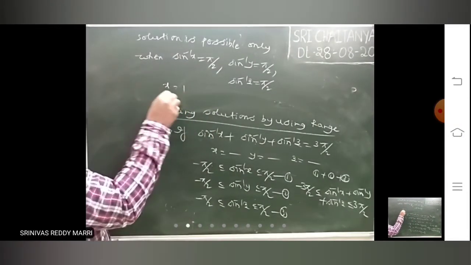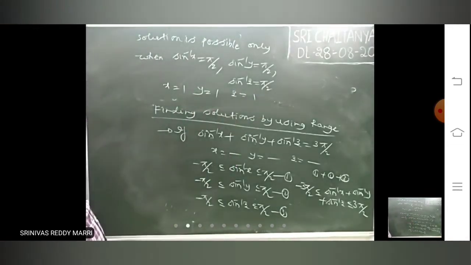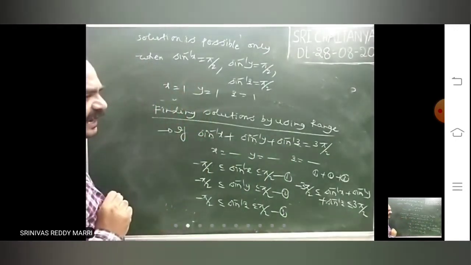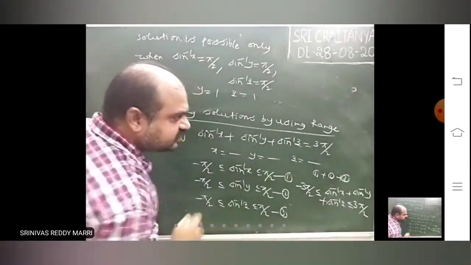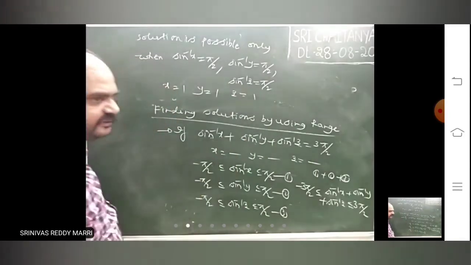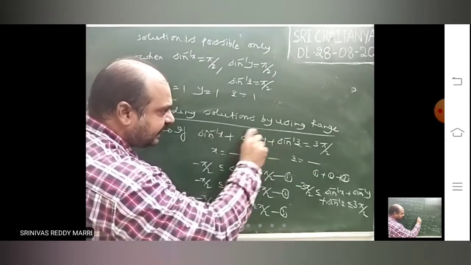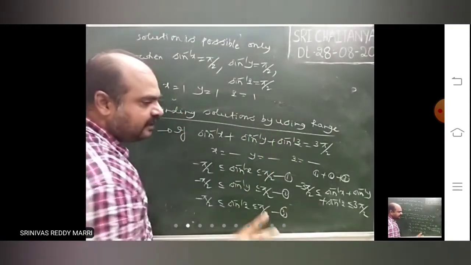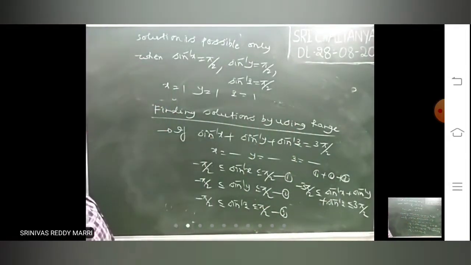That means x is what? You can calculate: x is 1, y is 1, z is 1. Right? Look at them. Whenever the equation is given like this, take all maximum values and check 3 pi by 2. Take all minimum values and check if it gives minus 3 pi by 2. If these equations are given like this, take all maximum values and calculate whether that is there or not. Take all minimum values, minus pi by 2, and then check. Two cases will be there, where you take all maximum values or all minimum values. So x equal to 1, y equal to 1, z equal to 1.